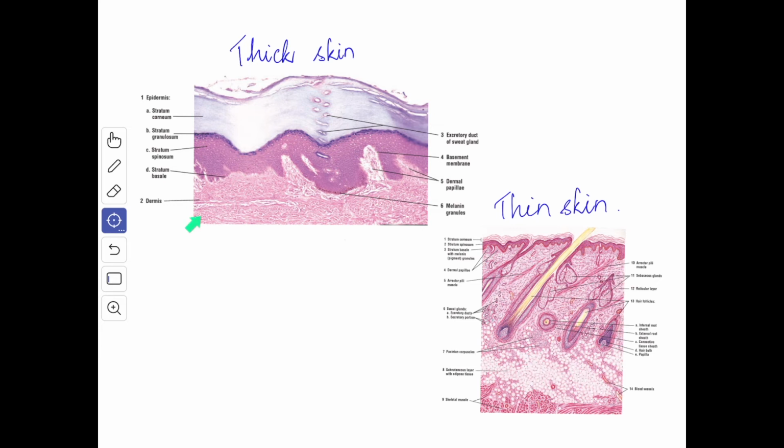Then we'll see about the reticular layer. The reticular layer of the dermis is the deep layer of the dermis and consists mainly of thick bundles of collagen fibers. It also contains a considerable number of elastic fibers. The intervals between the fiber bundles are usually occupied by adipose tissue. The dermis rests on the superficial fascia, through which it is attached to the deeper structures.